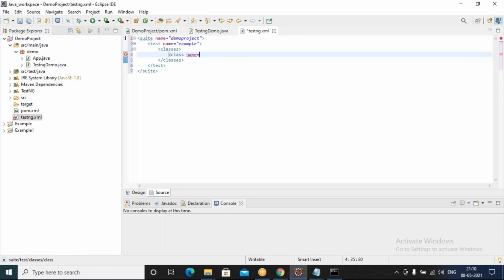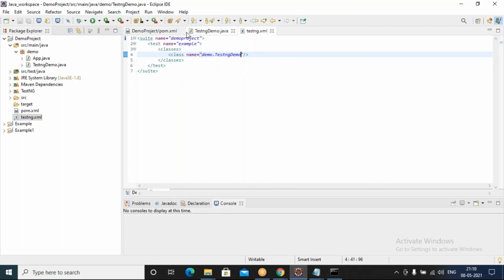Class name equals the complete class name we need to provide here, like demo.TestNGDemo, the fully qualified class name, right? That we need to provide, without the dot java, just the class file name I'm giving.